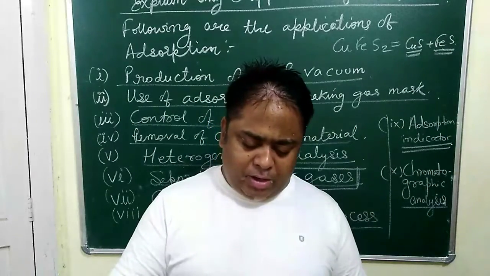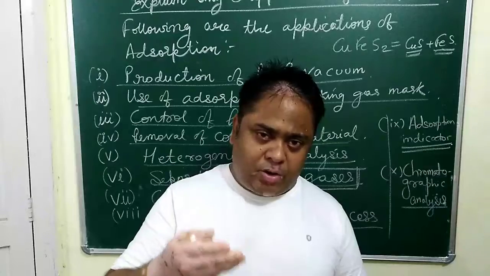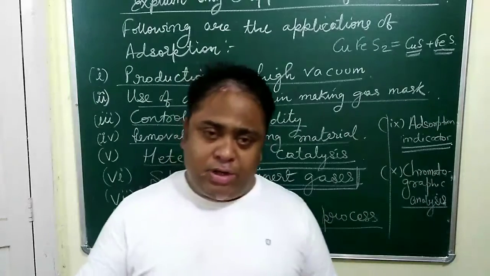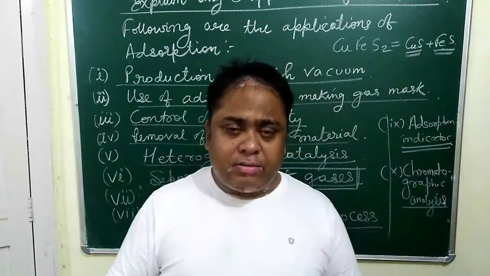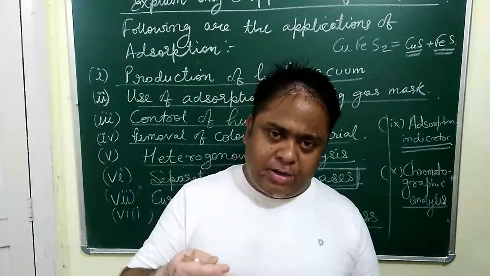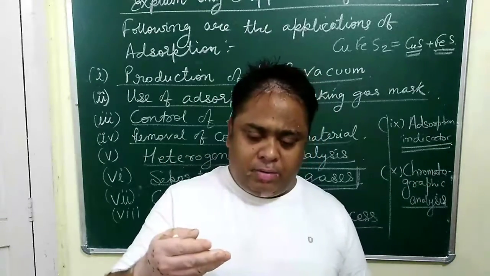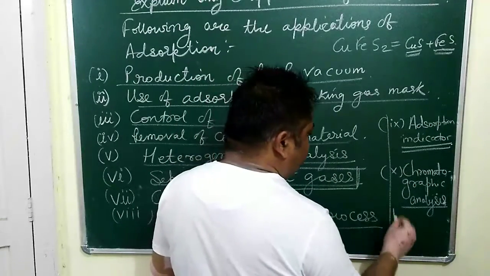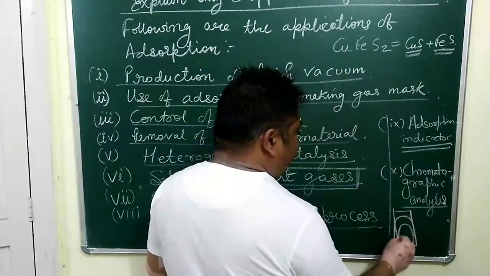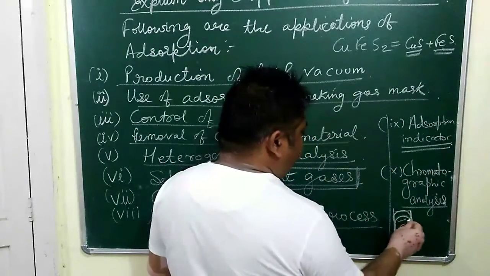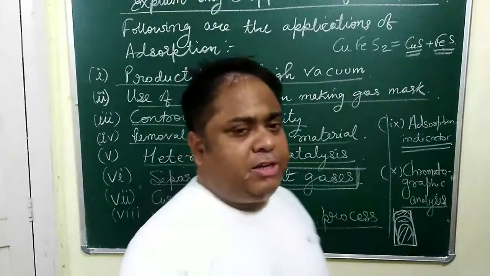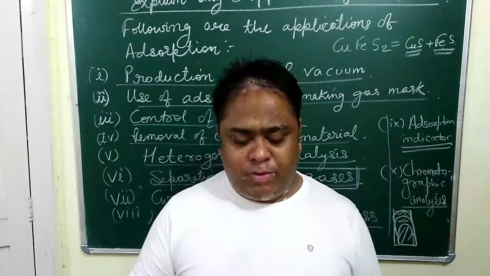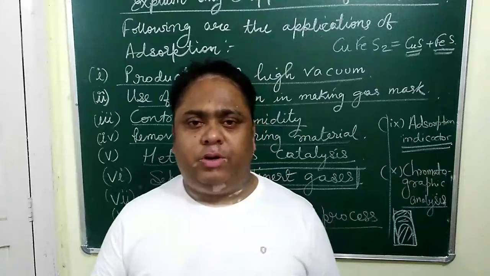It will carry upward the lighter component of the color. As a result, whichever color is lighter in weight will go to the higher strata, and whichever color is of higher weight will be seen in the lower strata. In that way, we get a chromatogram. Like this, we will get chromatograms of different colors. You might have seen or done this experiment in class 9 in the chapter on separation of substances. If not, when I am in the laboratory, I will try to show you the chromatographic experiment.